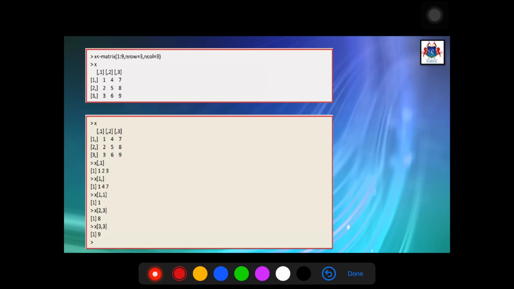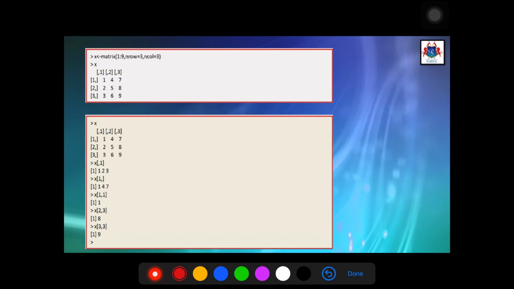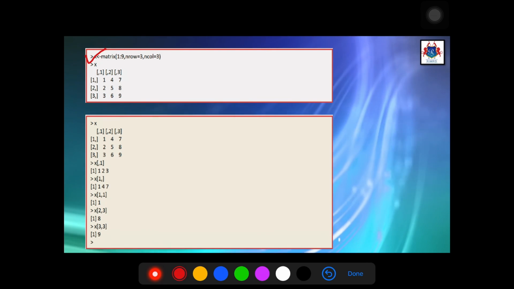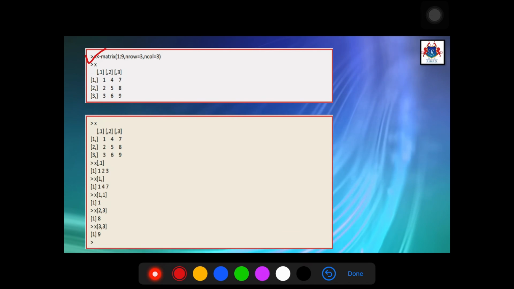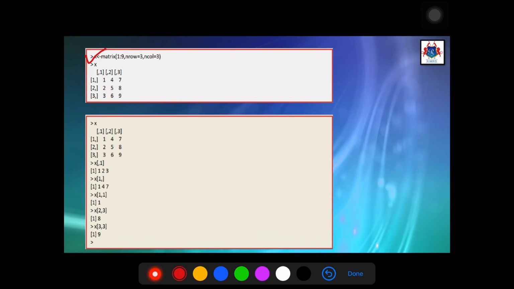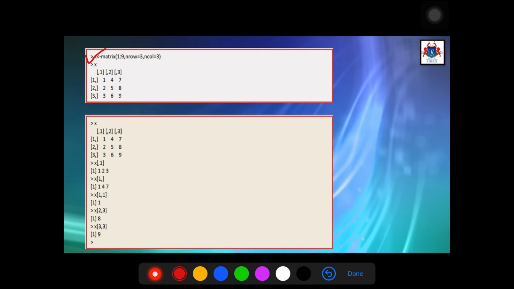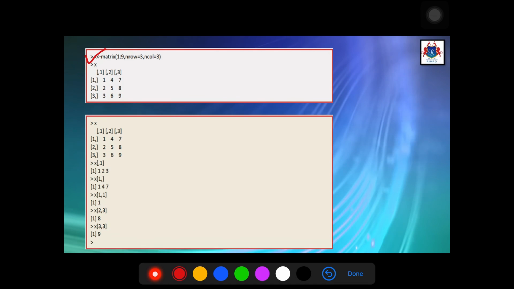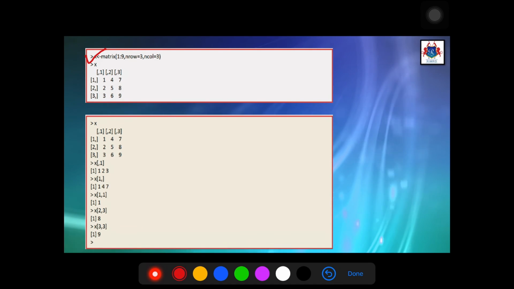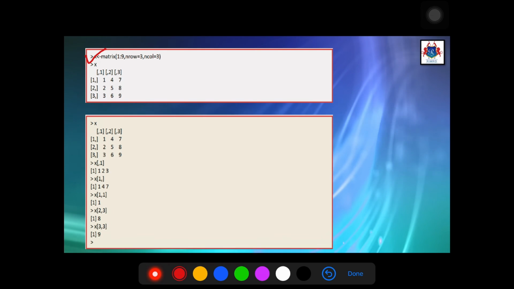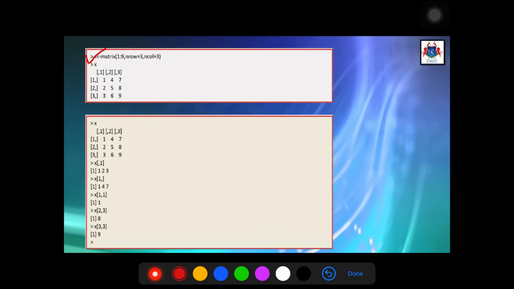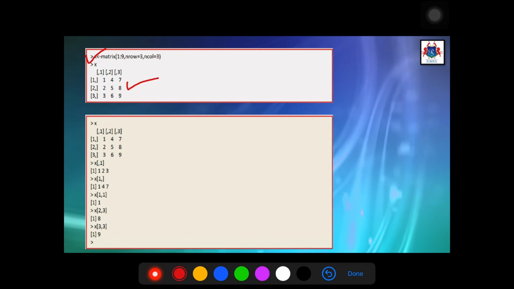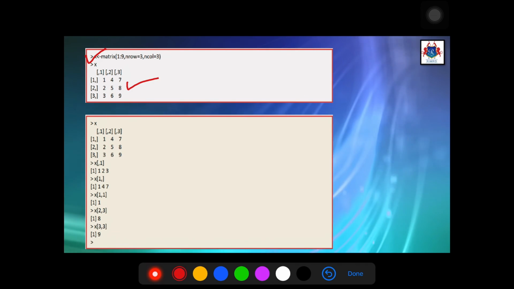Let's see one example. Here I have created a matrix called X, which holds vector data 1:9, that is a total of 9 values. nrow is equal to 3 and ncol is equal to 3. So the matrix size is 3 by 3. If we want to print the output, we simply type X and press enter. It will show you the matrix of size 3 by 3.